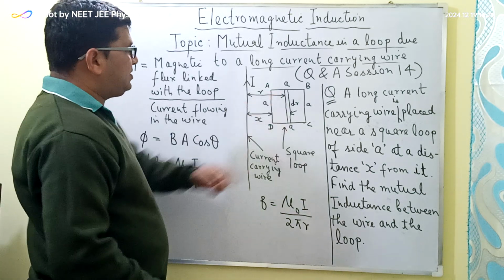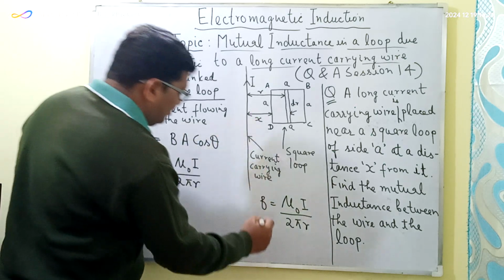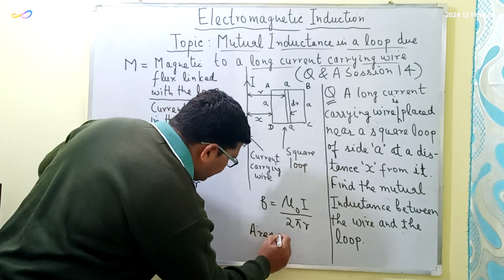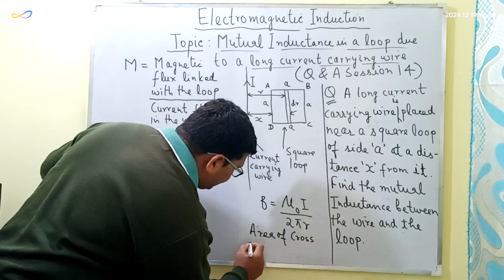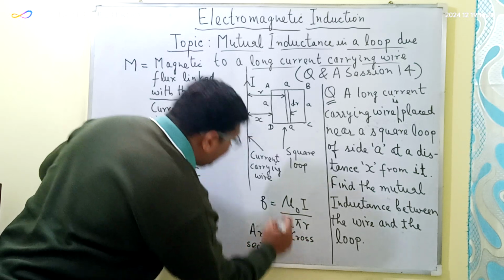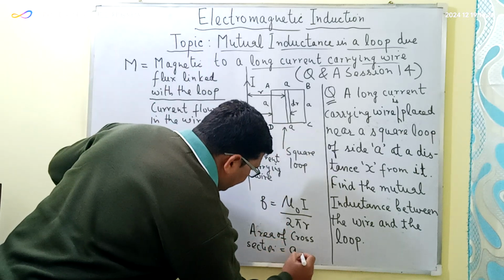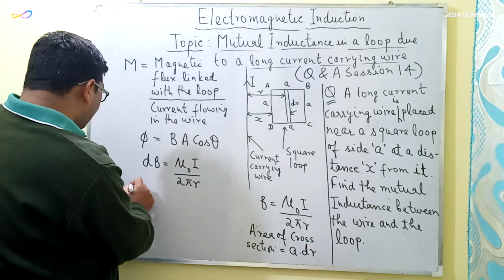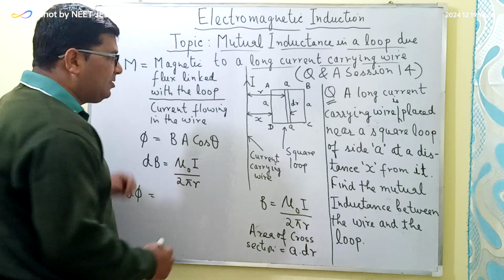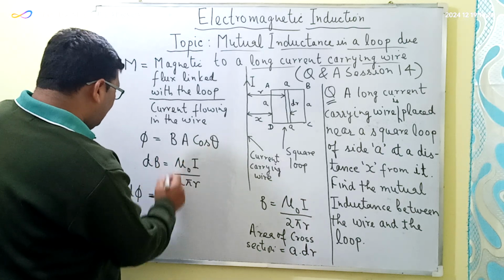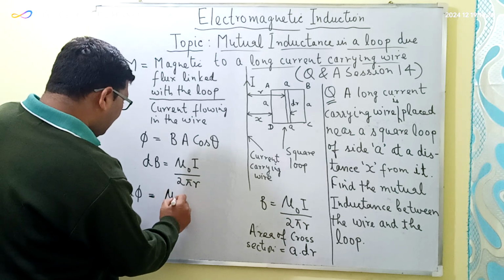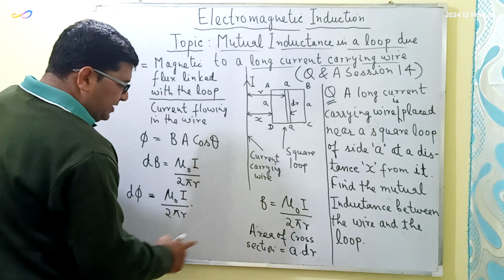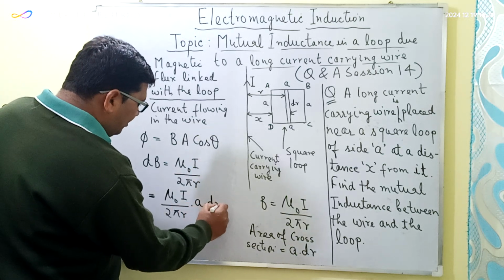Now the area of cross section of this element of thickness dr will be equal to the length of it, which is equal to a, and the thickness of it, which is equal to dr. So the flux, say d phi, which is linked with this element of thickness dr, will be equal to mu naught I upon 2 pi r into the area of cross section, a into dr,